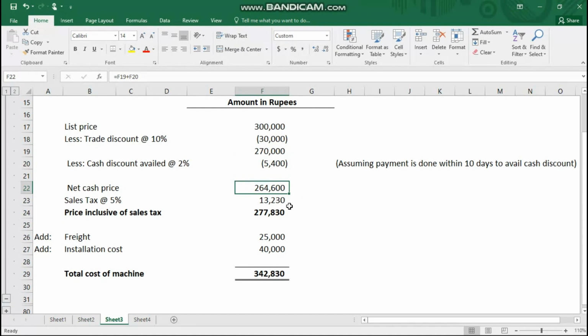उसके बाद मेरे पास आ गई नेट कैश प्राइस। नेट कैश प्राइस के ऊपर मुझे पता है कि मैं एक सेल्स टैक्स पे करूंगा at the rate of 5%, और मेरी अजम्पशन ये है कि ये सेल्स टैक्स रिफंडेबल नहीं है, तो इसलिए इसको भी मैं कॉस्ट ऑफ द एसेट के अंदर इंक्लूड कर लूँगा। ठीक है, ये 5% मैंने कंप्यूट किया है 264,600 पर। ये आ गया मेरे पास 13,230। So price inclusive of sales tax will be 277,830। तो ये वो प्राइस है जो मुझे एसेट की परचेज प्राइस पड़ी।